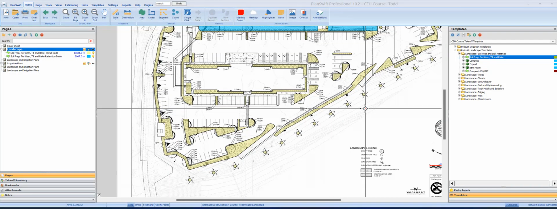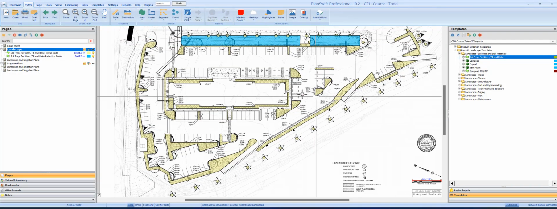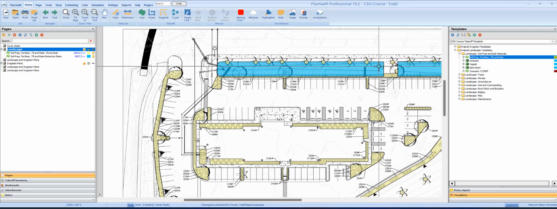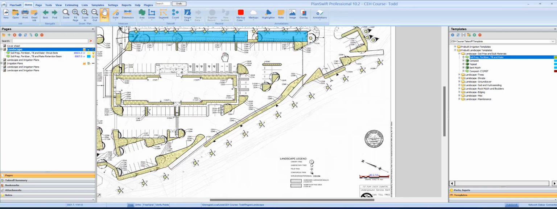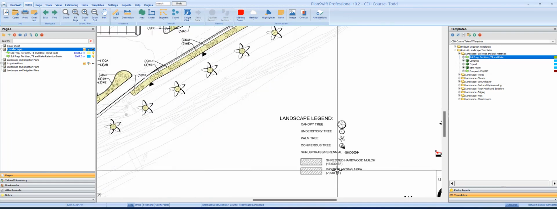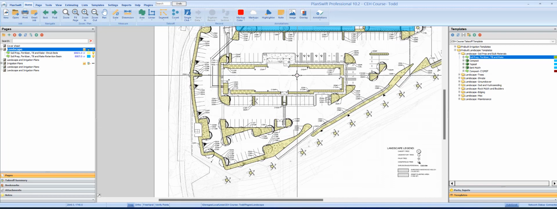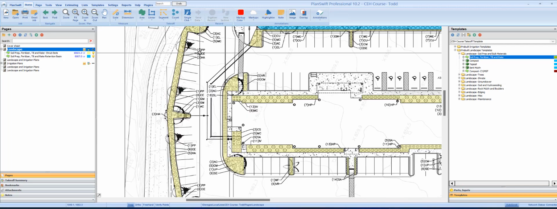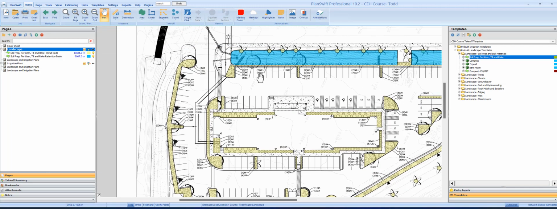So we've got the takeoffs completed for the soil prep for the shrub beds and the biofiltration system. I don't have any depths of soils or hardwood on these plans, so we're just going to make up our own as we go, because this is a class and I guess we're allowed to do that. So with that said,